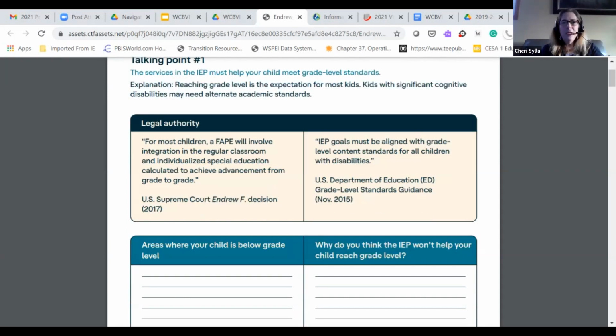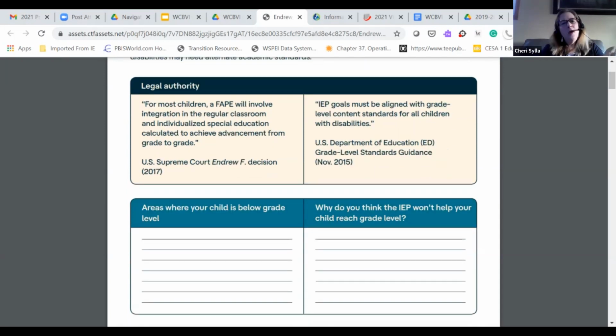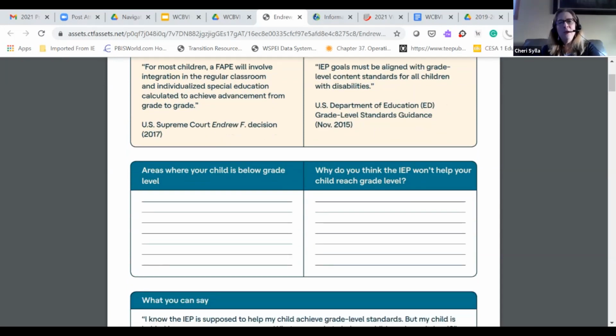And so this is a document that helps families prepare for that conversation to think about, so where is my child at below grade level? And why do I think the IEP as it's currently written isn't helping my child reach their goals or reaching